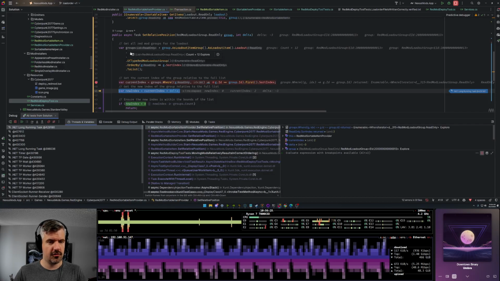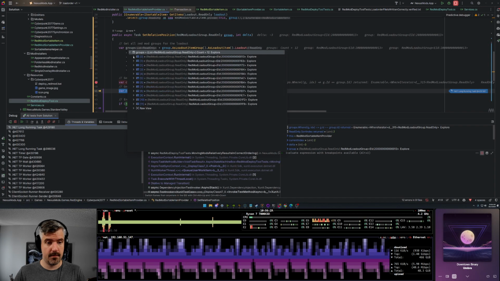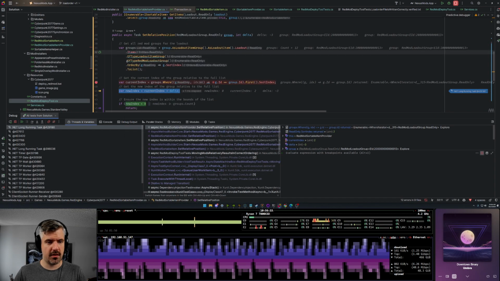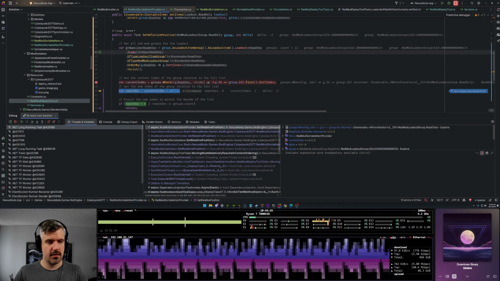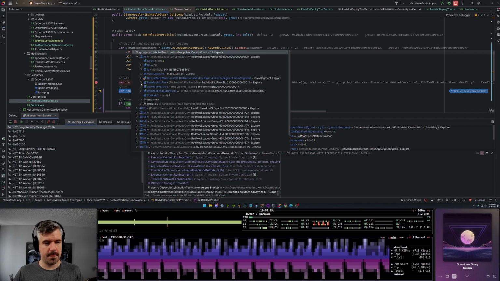That's interesting. So what are our groups? We have 12 groups here. We're not filtering this properly. We're getting the items of type LoadoutItemGroup. Okay. So the first item